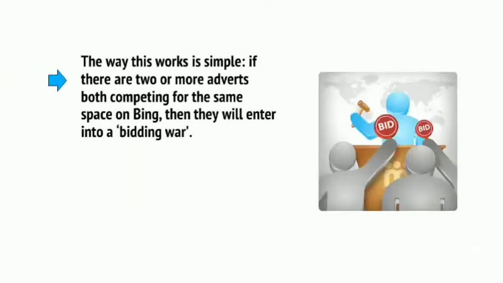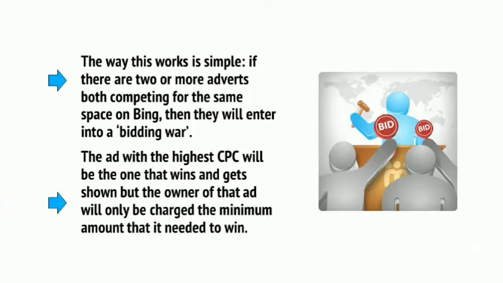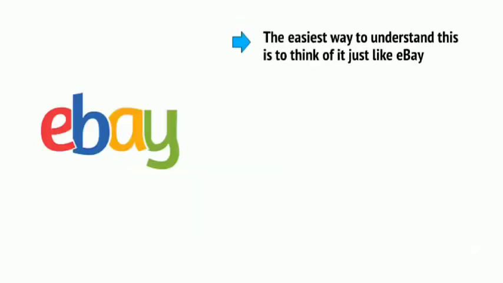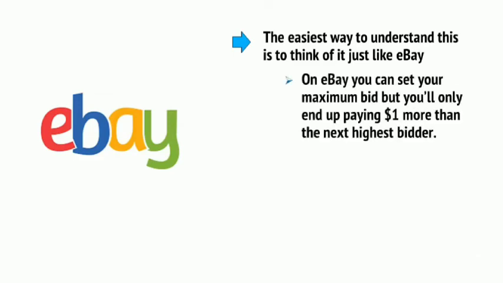If there are two or more adverts both competing for the same space on Bing, then they will enter into a bidding war. The ad with the highest CPC will be the one that wins and gets shown, but the owner of that ad will only be charged the minimum amount that it needed to win. The easiest way to understand this is to just think of it a bit like eBay. On eBay, you can set your maximum bid, but you'll only end up paying $1 more than the next highest